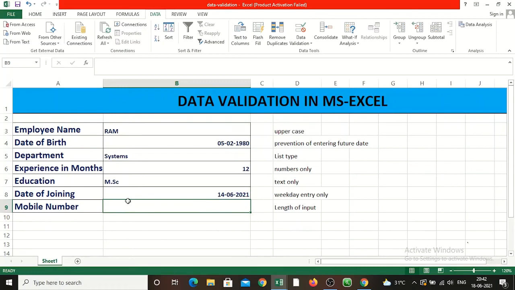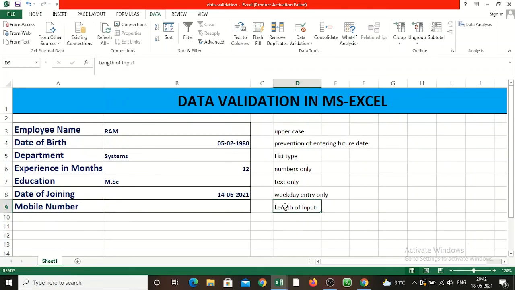Then you are restricting the data up to a certain number, the length of the input, in a nutshell. So, here you asked for the mobile number of the employee, and the mobile number is supposed to be 10 digits. It should not be beyond 10 and it should not be less than 10, otherwise it is an invalid mobile number.